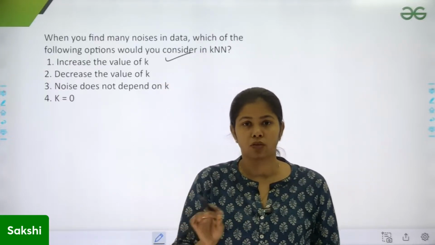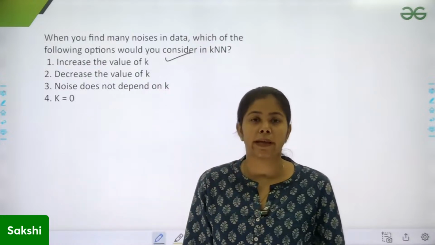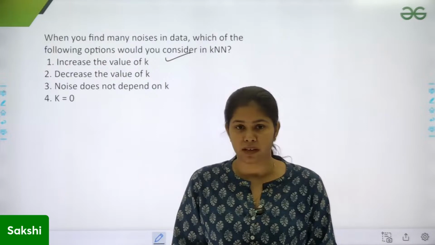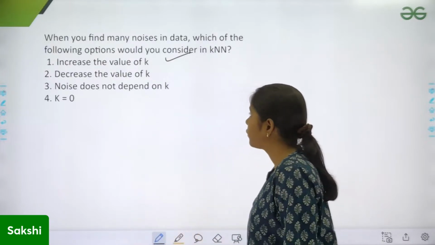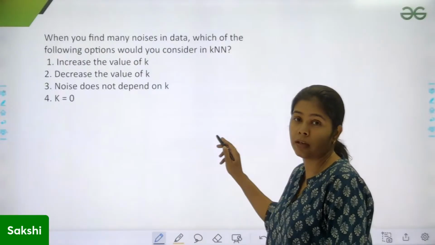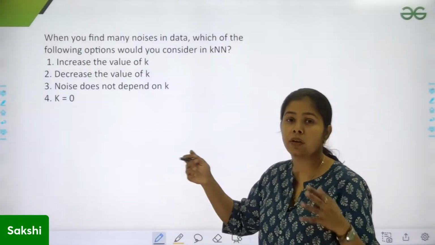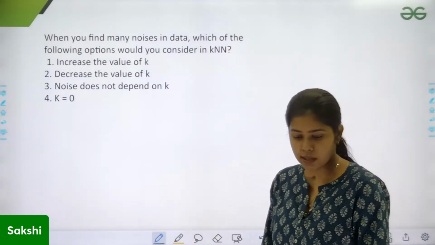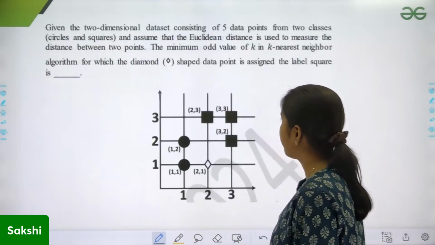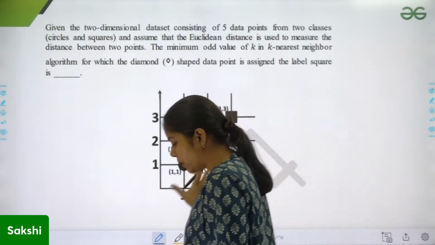ठीक है, लेट सपोज मेरे पास 3 आउटलायर्स आ रहे हैं, तो अगर मेरे पास के की वैल्यू 7 और 9 हो, तो दैट मीन्स वो 3 आउटलायर्स बहुत ही मिनिमल रिएक्ट करेंगे। तो इंक्रीजिंग द वैल्यू ऑफ के हम नॉइजेस को कैटर कर सकते हैं, बट एक हद तक। लेट सपोज के की वैल्यू तुम 1000 ले रहे हो, लेकिन उसके बाद बहुत ही ज्यादा आउटलायर्स आ रहे हैं, तो फिर हम काम नहीं कर सकते हैं। ठीक है, इस केस में इंक्रीज द वैल्यू ऑफ के।